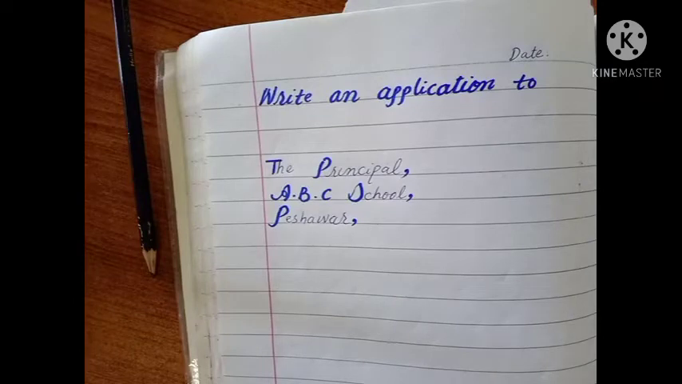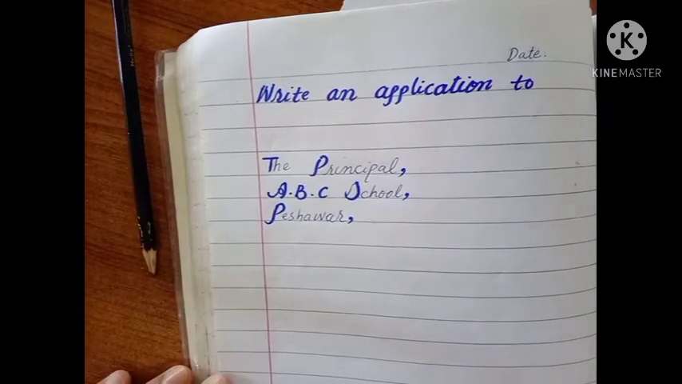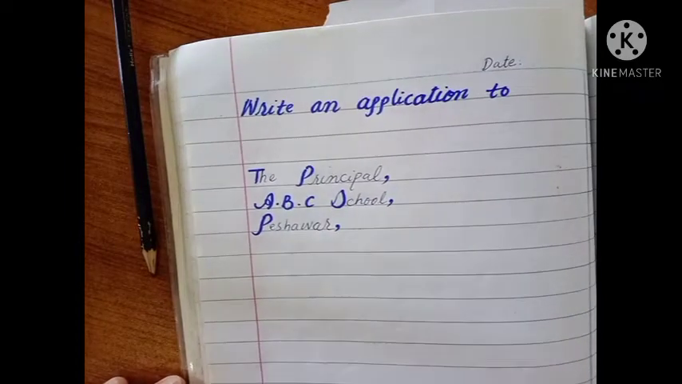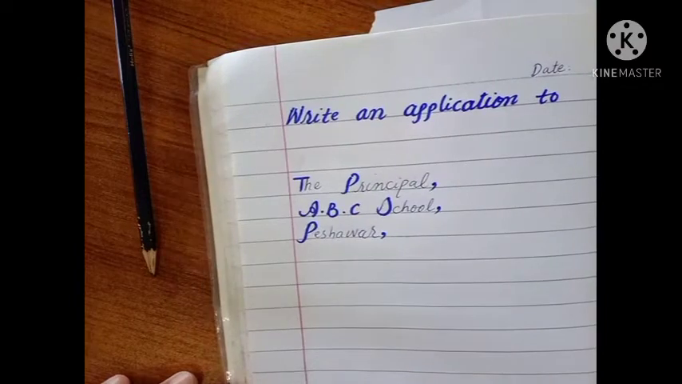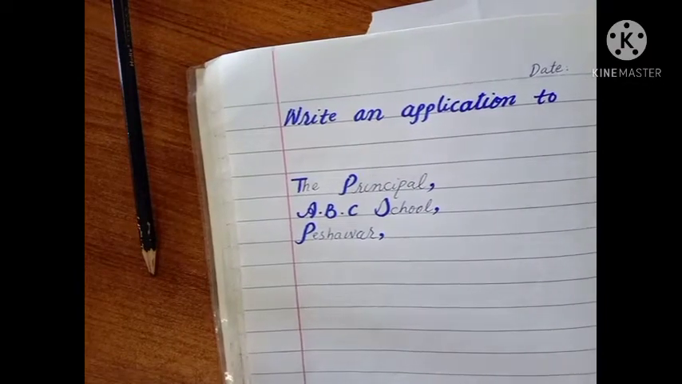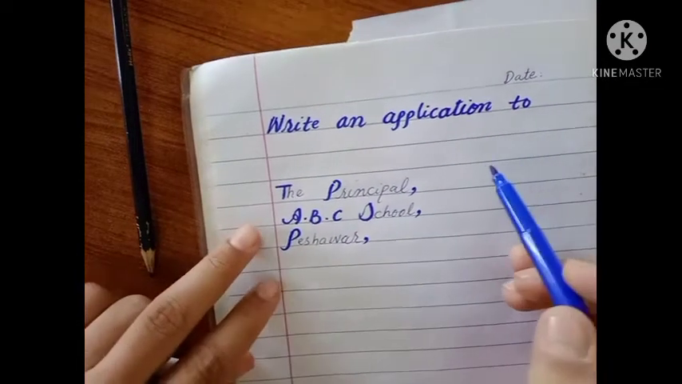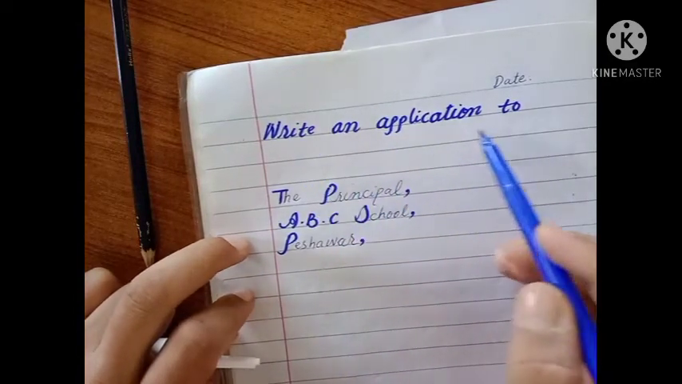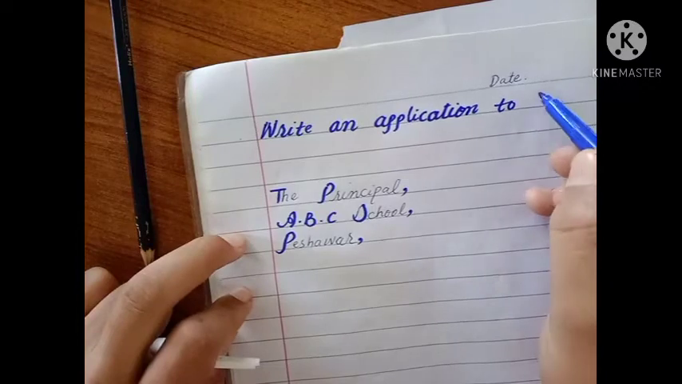Okay, dear students, as I informed you, come to the notebook side, the written work. Actually, this is the work of students, but we write it down to provide convenience to the students, so it can be convenient for you to write down. Let me write down the application. You saw that on the board. It was: write an application to principal